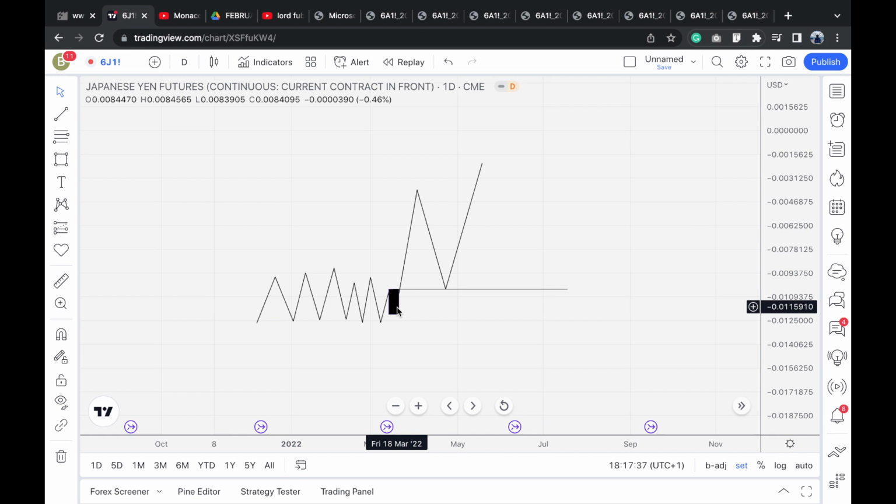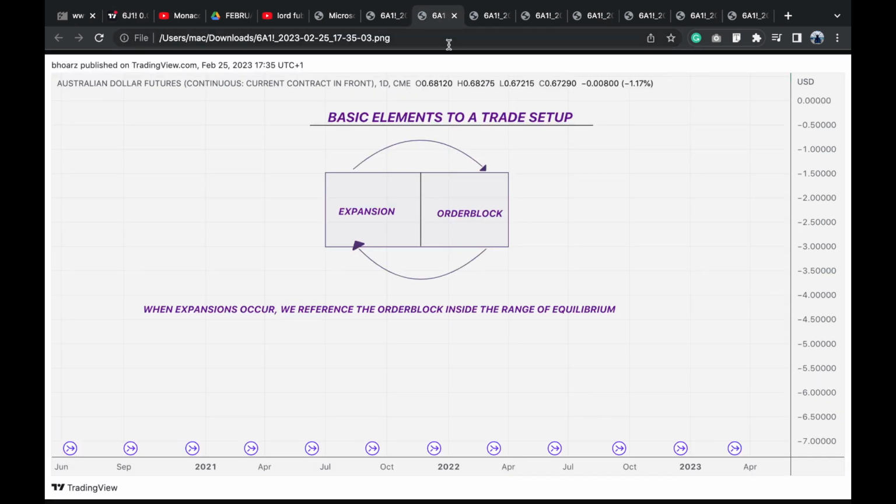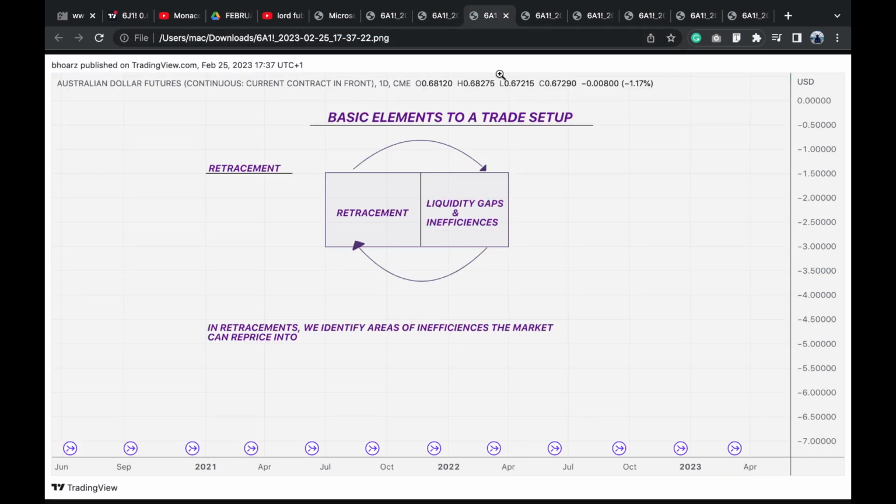So whenever we see expansion out of a consolidation or a range, we're primarily focused on the order block, because that was an area of old institutional buying that they are going to reaccumulate at, because they've shown evidence via this expansion, which we call institutional sponsorship. We're going to talk more on that in a different lesson. But they've shown evidence that they want to price the market to a level where there can be counterparty transactions. Now, when we talk about retracement in price,